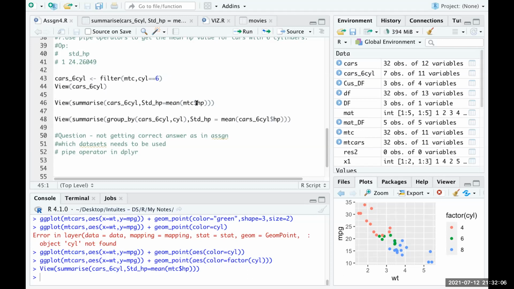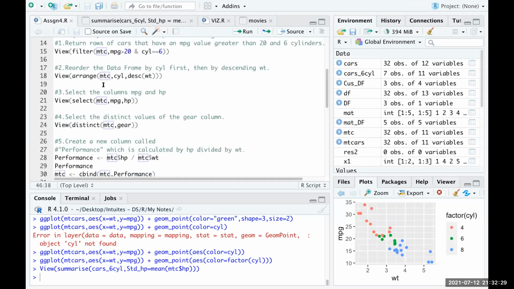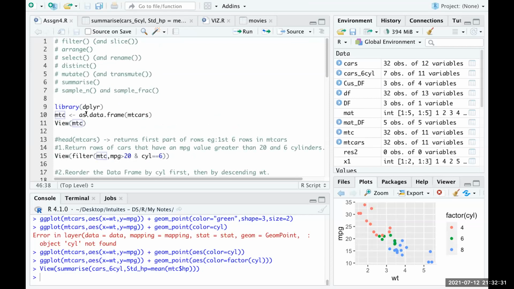Another question is which data set should I use? Because this particular variable holds the records of this particular condition. I have used it here, and I tried to use group by also, and I couldn't get it, because this mtcars variable holds the entire data set of cars.